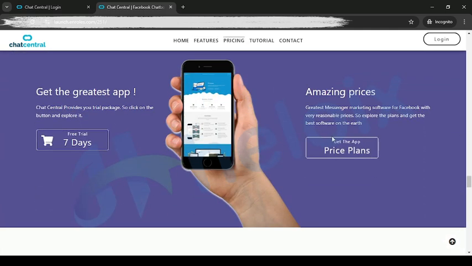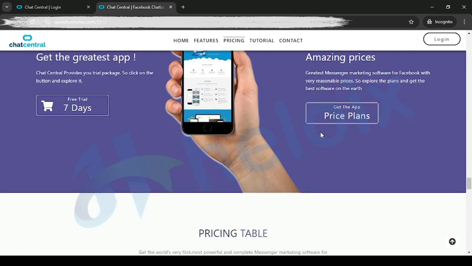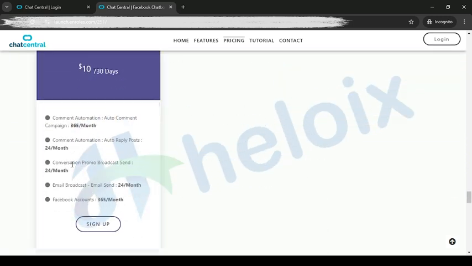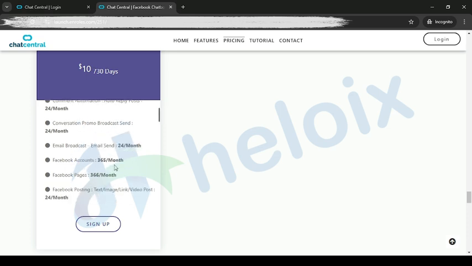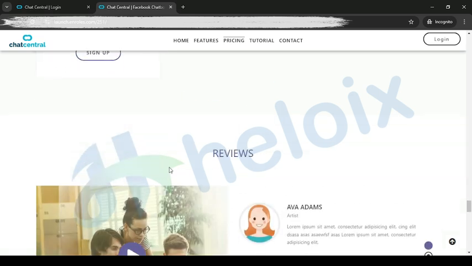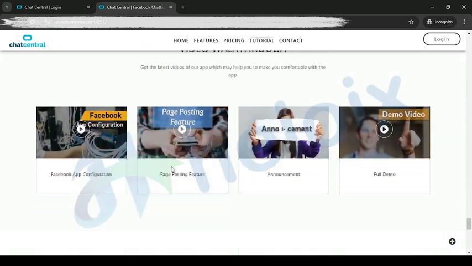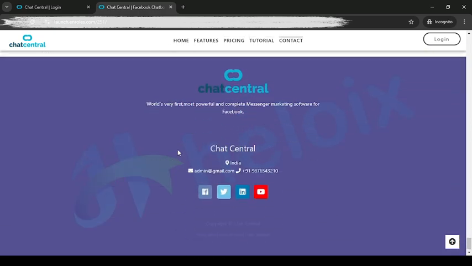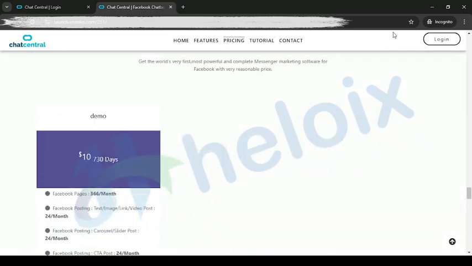Here you can check the price. Because this is a subscription based package, your user will buy any package from you, and then they can use that. You can see how much we will provide per month, what the Facebook amount and timeline are, and all. Here you can check reviews and other things. Here the user can contact you. If a user wants to log in, he or she can easily log in with that.